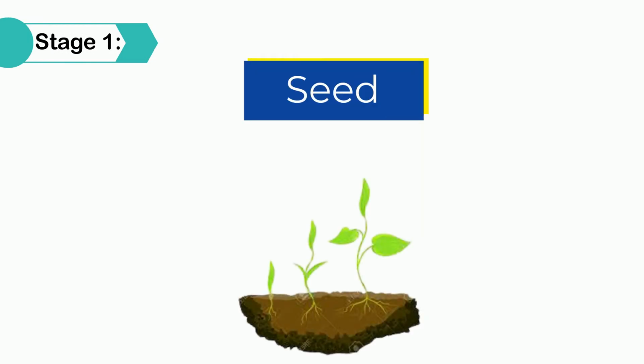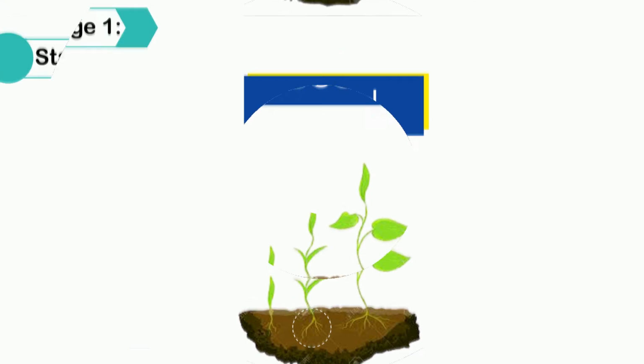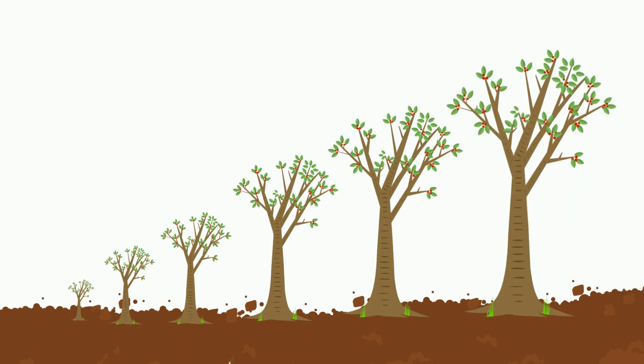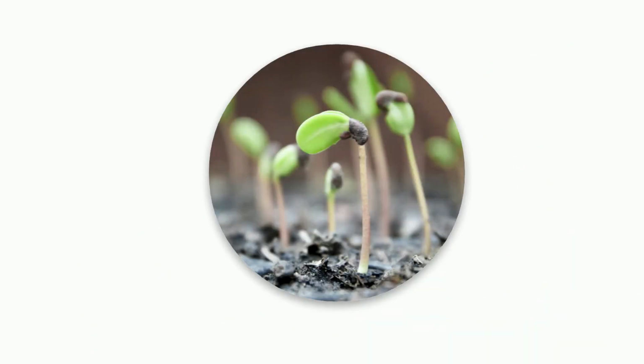Stage 1. Seed. The seed is sowed in soil. The seed starts to grow in the soil, and this process is known as germination. This begins the plant's life cycle. Every plant, from the tallest tree to the smallest blade of grass, begins the same way, with a seed, an undeveloped plant inside, a hard outer layer. Even that massive pine tree growing near the park began as a tiny seed.